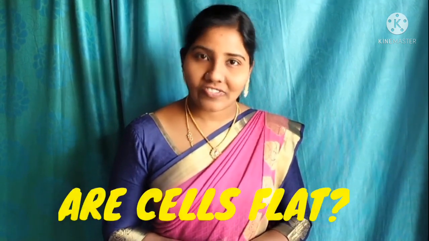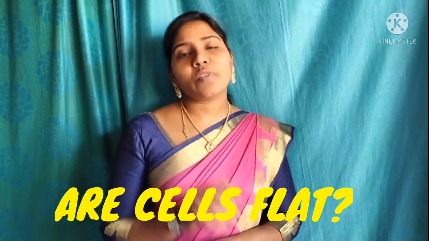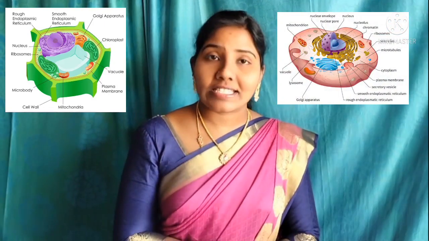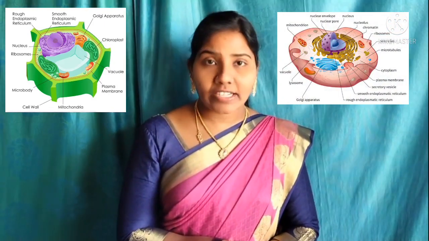Children, I want to ask you one question. Are cells flat? Okay, let me explain. Usually, the cells we see under a microscope appear as a flat, two-dimensional structure. But in reality, cells have length, breadth and thickness also. We can easily see the length and breadth of the cell, but we cannot easily see the thickness. If we change the direction of light, we can easily see the thickness of the cell. This three-dimensional structure is clearly visible when the intensity of light is changed as well.